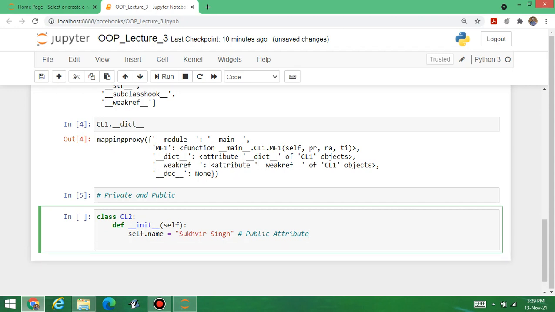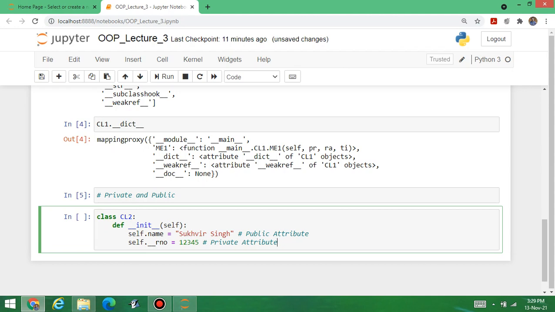Now, suppose I am writing self dot, followed by two underscores, roll number is equal to 1, 2, 3, 4, 5. This one is a private attribute. Now, two types of attributes are there.